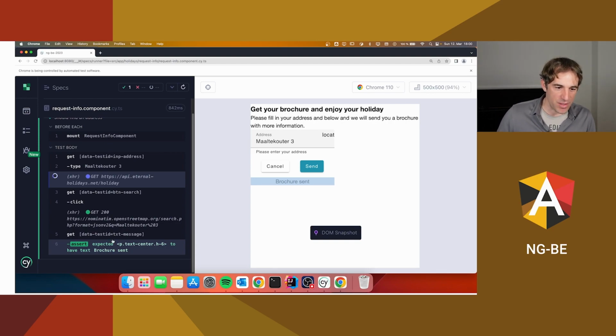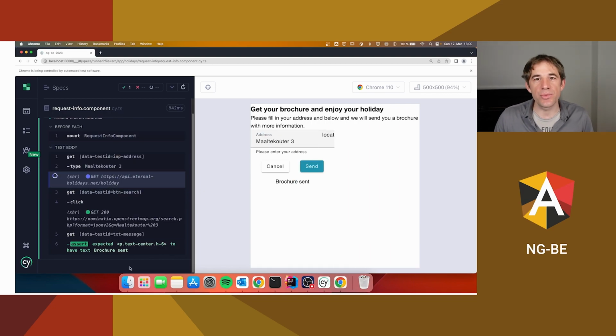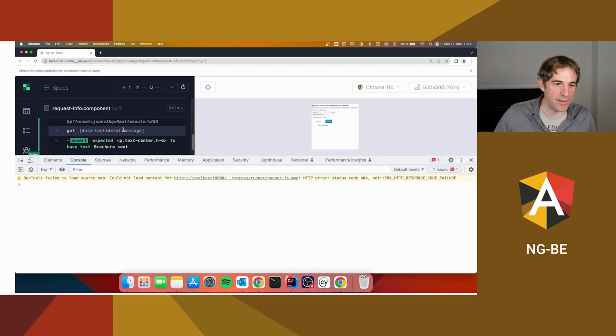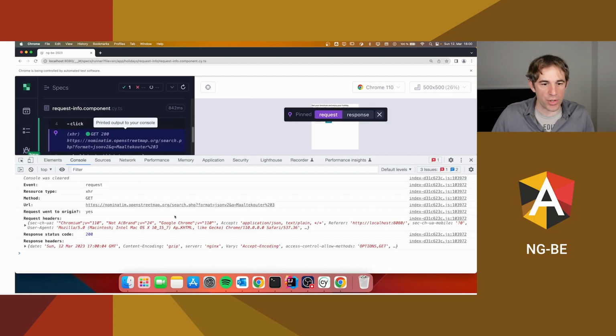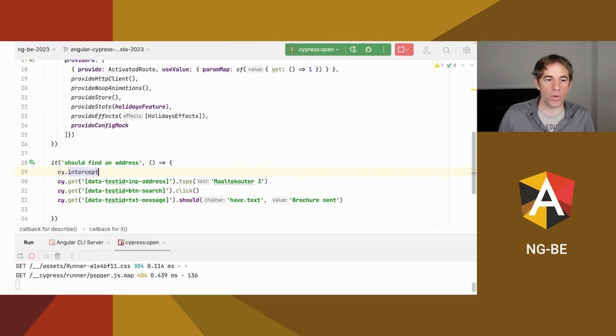I can also go over the various testing commands. I see what has changed and all that stuff, very easy to debug. And well, of course, if it comes now to intercepting or mocking the network communication, everything that I have to do is that I just here, for example, click on it. This is the URL that was sent out. I'm going to copy it, and then back in my test, I say I want to intercept it, and I want to, for example,